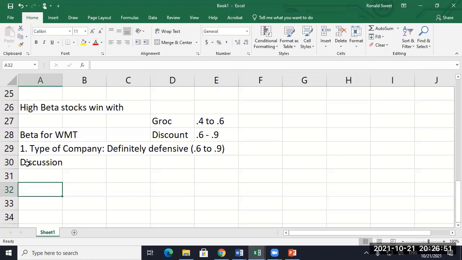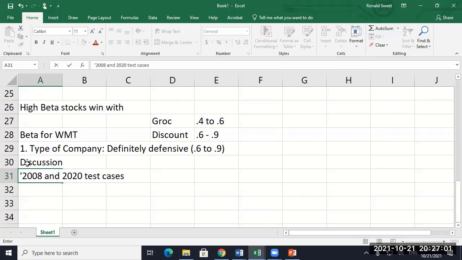So it's really tough. What some students have done, which I do think can be effective, is say, 2008 and 2020 were good test cases. So how did my firm do in those two extreme cases? Did their revenues just fall off the cliff, or do they stay even, or do they come up some? That could be a good way to address that.